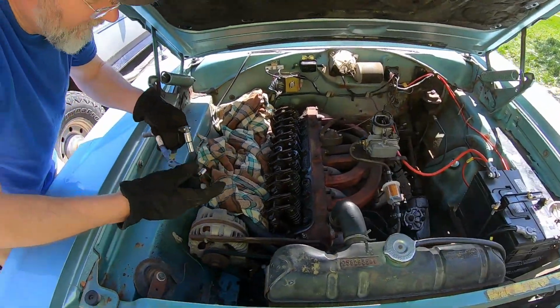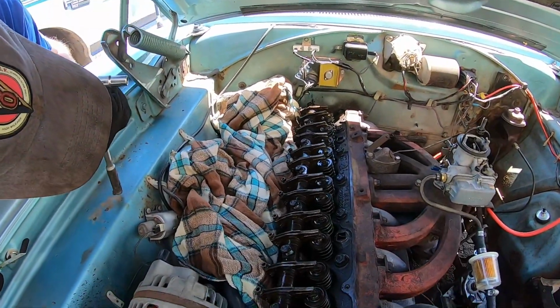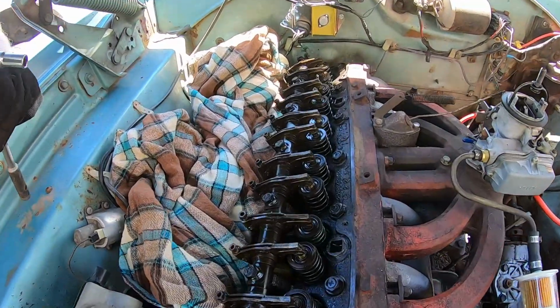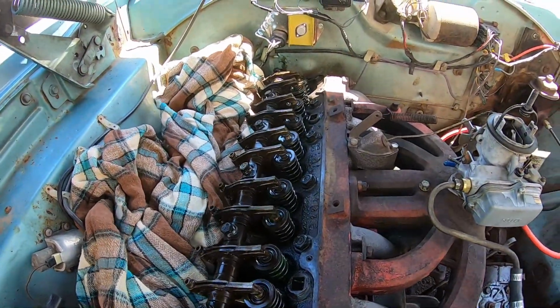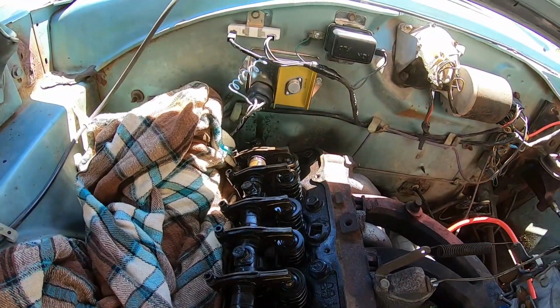Not nearly as messy as I figured it'd be. Of course, the idle's way down. Actually, are we getting any oil coming up? I don't really see any oil coming anywhere. Maybe when you're revving it, well, but...